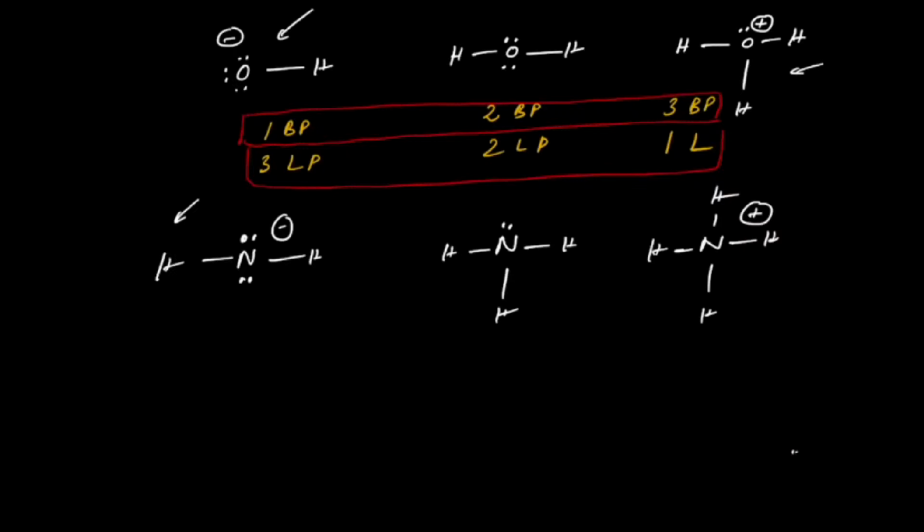Here it is hydroxide and here it is amide. Whichever ions have positive charge, their names end with ium: ammonium, hydronium, or all the alkali metals, sodium, potassium,